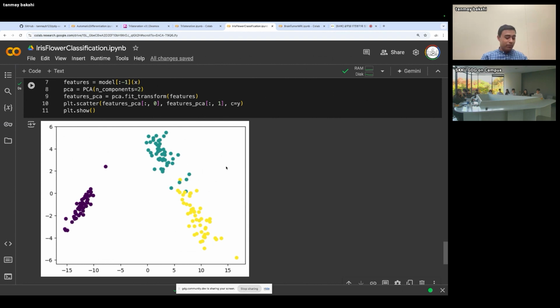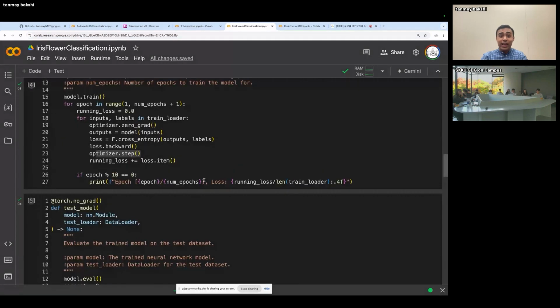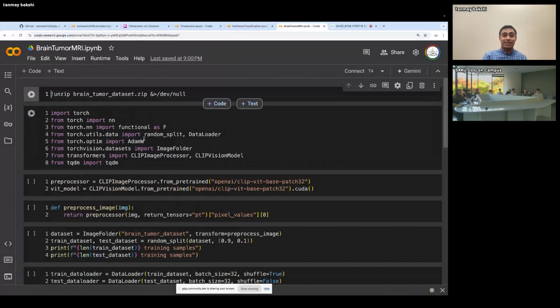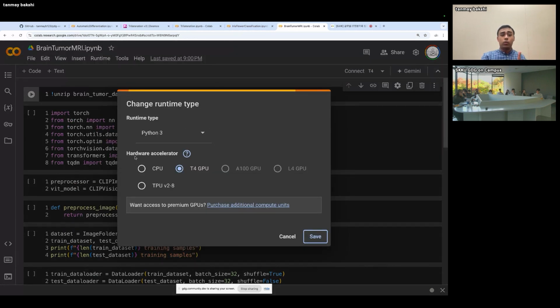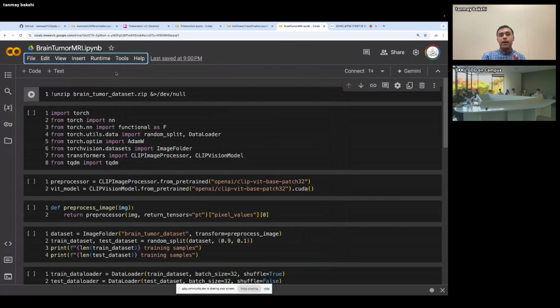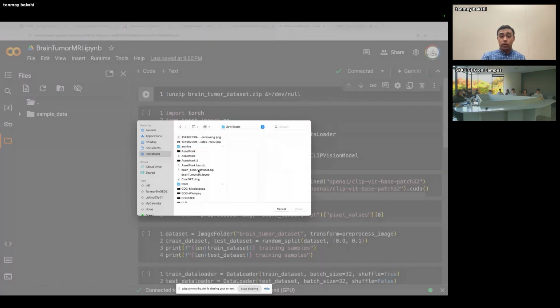And now, with this core knowledge and fundamentals of machine learning, you can implement some really interesting use cases on top. For example, this is the last notebook I want to run you through here. And also, by the way, if you run this notebook yourself, once again, it's available on GitHub. One of the things you'll want to do is click on the Runtime tab at the top, and then click Change Runtime Type, and then under Hardware Accelerator, click on T4 GPU. What this will do is it'll give you a special environment on Google Colab that has access to a GPU, which will accelerate the compute necessary for this particular task.